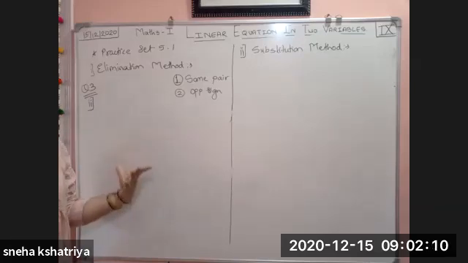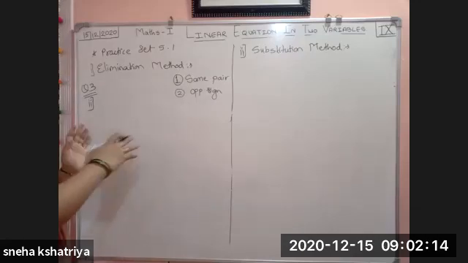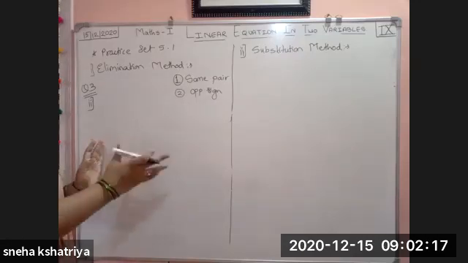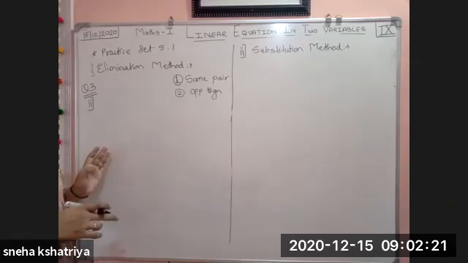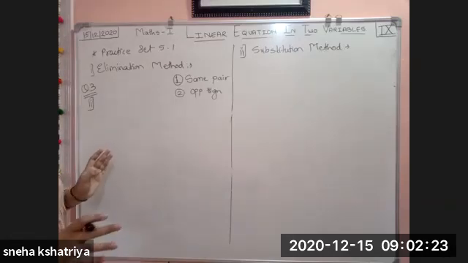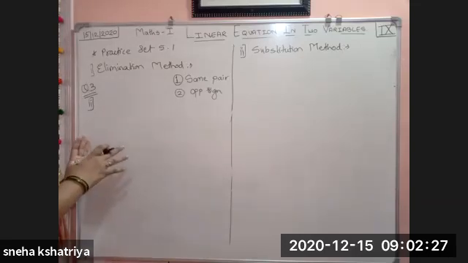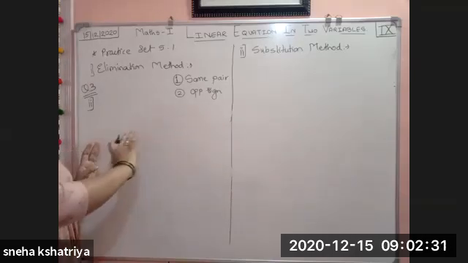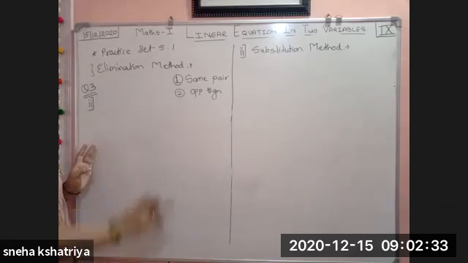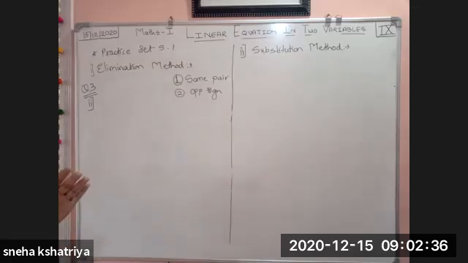You have to think about what we have to do in exam, whether we have to solve with both the methods or only one. They will specify there. If they don't specify, then you have to solve by both the methods, like this. In this question they have not specified this method or that method. You have to solve each and every example with both the methods. Now we'll see the second example.